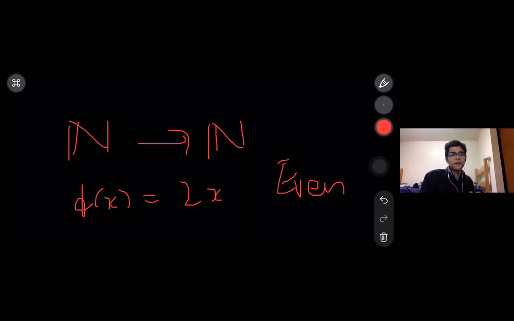So why I gave this example is to tell you that sometimes you can have a function in which there are numbers in the codomain that are not part of our function at all, but you will never have numbers in the domain which are not part of the function, because the domain is defined as the set of numbers for whom the function value holds.